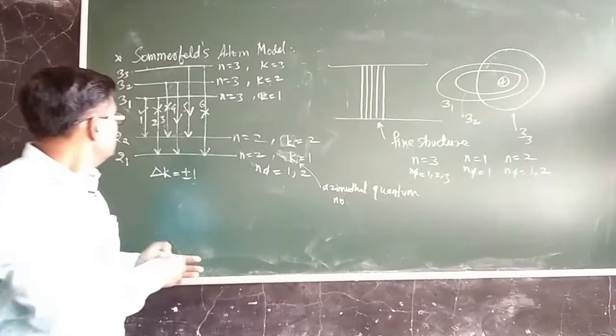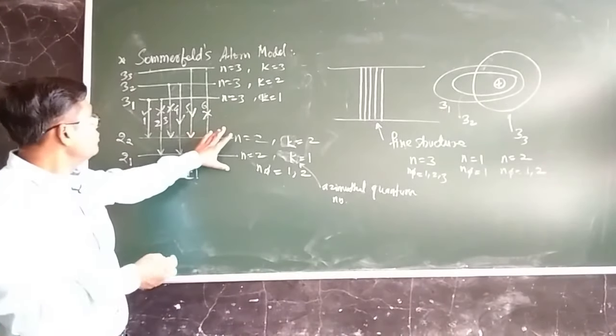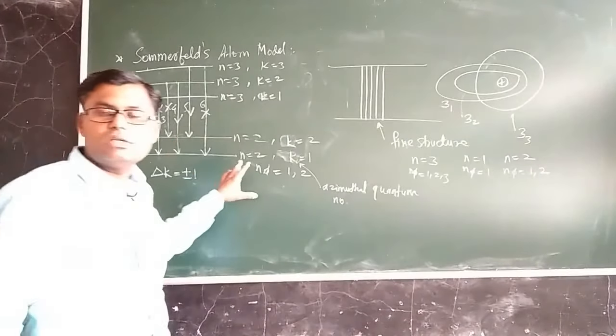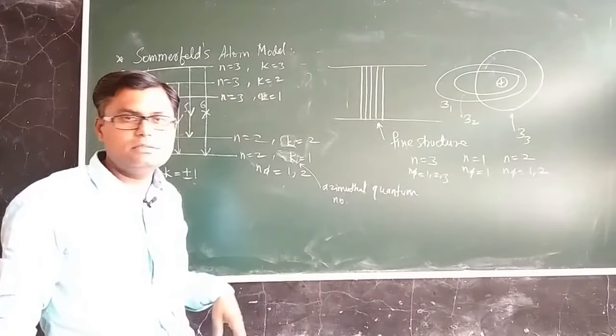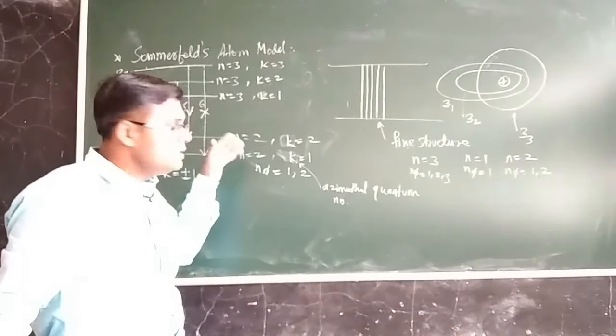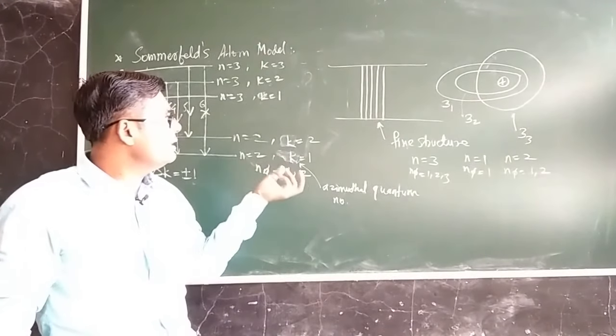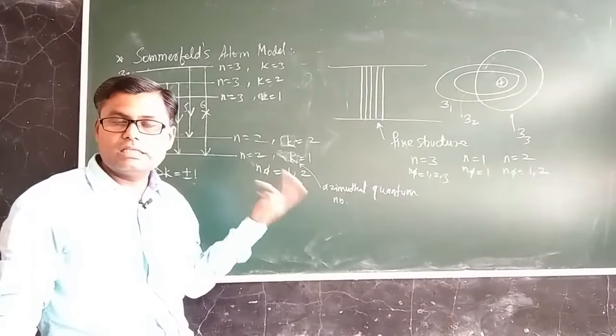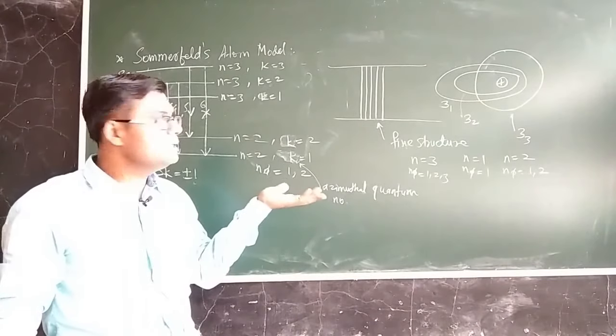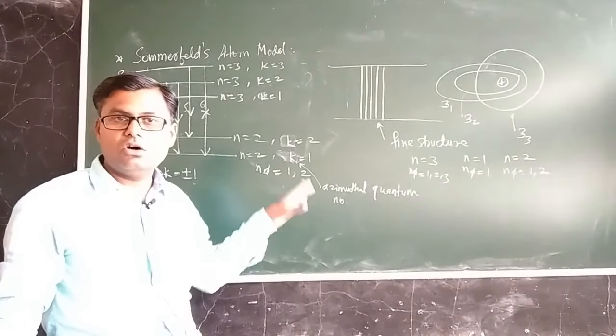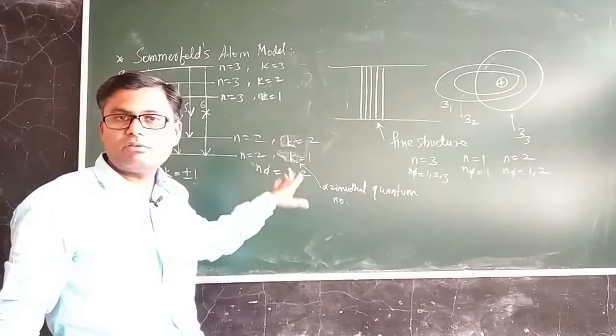Now we realize that Sommerfeld could only partially explain the origin of the H alpha line, or the fine structure of the hydrogen atom H alpha line, but in addition to that he has given so many things also. He has told us how many electrons there are for an energy level, how many electrons should be there for a sub energy level, and so on. All these things are obtained from the Sommerfeld theory only.